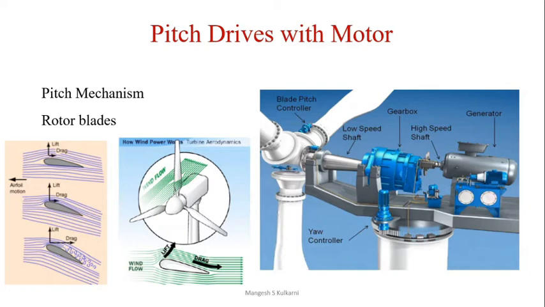The resolver is mounted on the shaft of the motor to measure the speed of the motor or the speed of the pitching. Three pitch motors individually pitch the blades. The blades can be positioned with an accuracy of 0.1 degrees. The resolver gives feedback of the motor speed to the controller to ensure the simultaneous pitching of all blades.